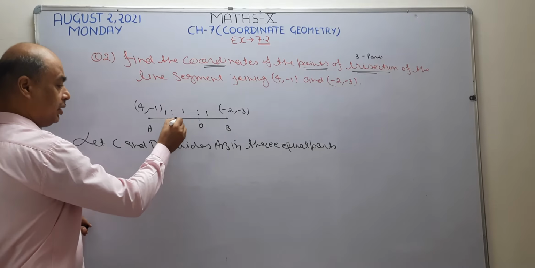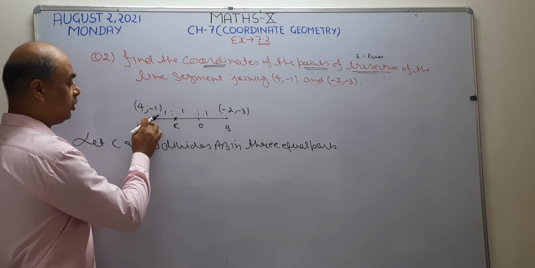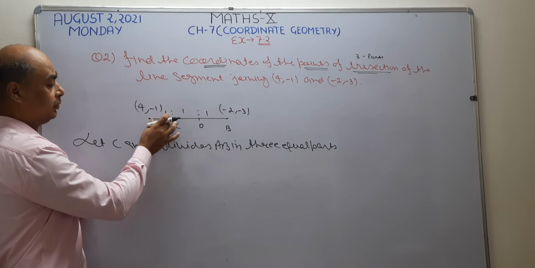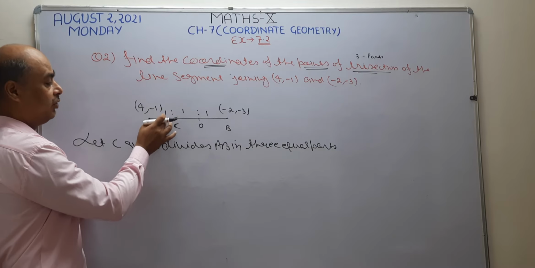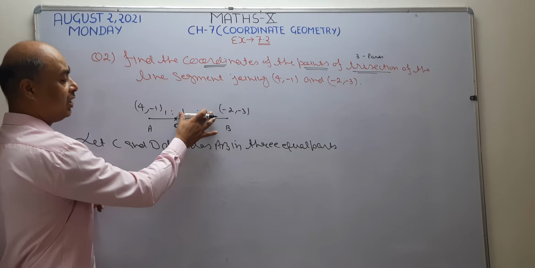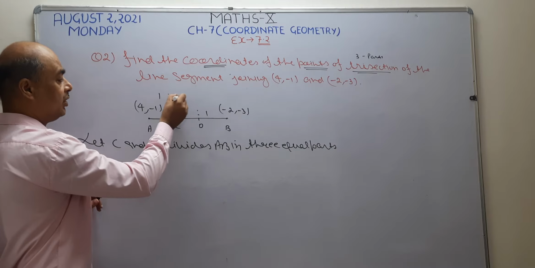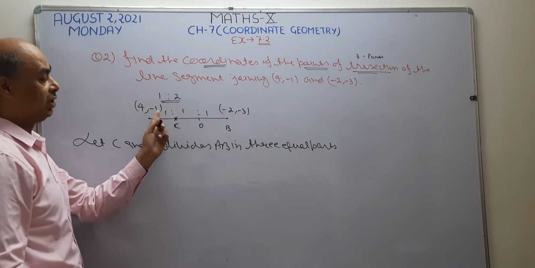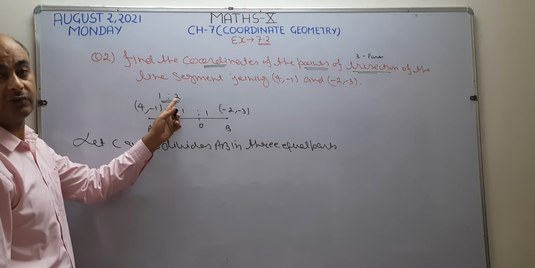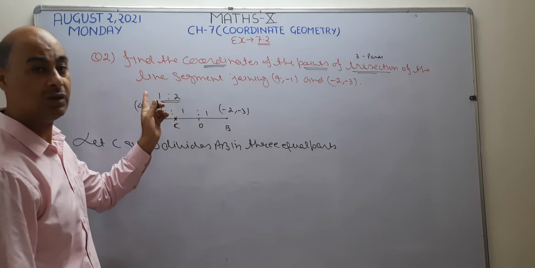Now C, I want to find the coordinates of C. Now this point C is going to divide AB. In which ratio? See, in the left, what ratio is written? 1 ratio. In the right, from C to B, how many parts are there? 2 parts are there. It means this point C is going to divide the line segment in the ratio 1 to 2. Okay? Since the ratios are different, which formula do I want to use? Section formula. If you know, when the ratios are different, we use the section formula.